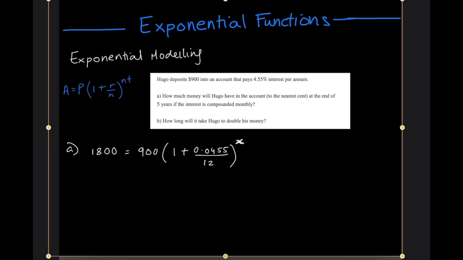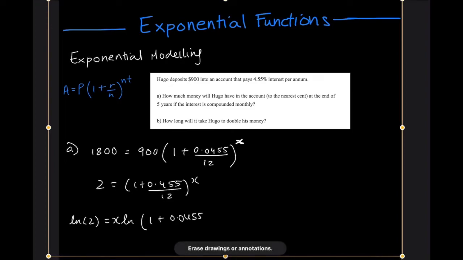So now what we can do is simplify the equation, divide by 900. It will give us 2 is equal to 1 plus 0.0455 over 12 to the power of x. We can take the natural log of each side. So we can take ln of 2 is equal to x ln of 1 plus 0.0455